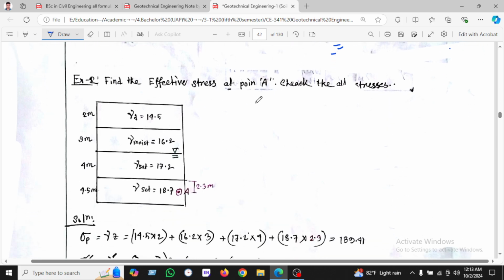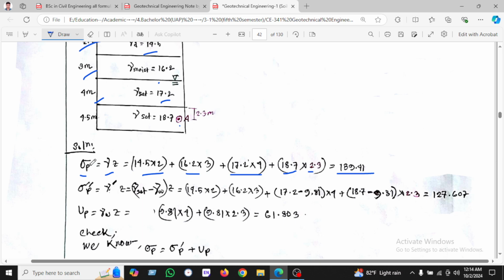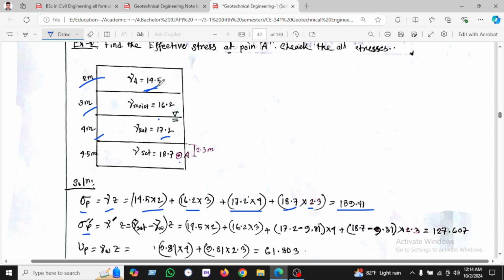Find the effective stress at point A. Here is point A at wall stresses. Okay, so sigma equals gamma into Z. Here gamma is 14.5 into 2, 16.2 into 3, 17.2 into 4, 18.3, and they have found 189.41. This is the total stress. When we calculate the effective stress, then we will calculate